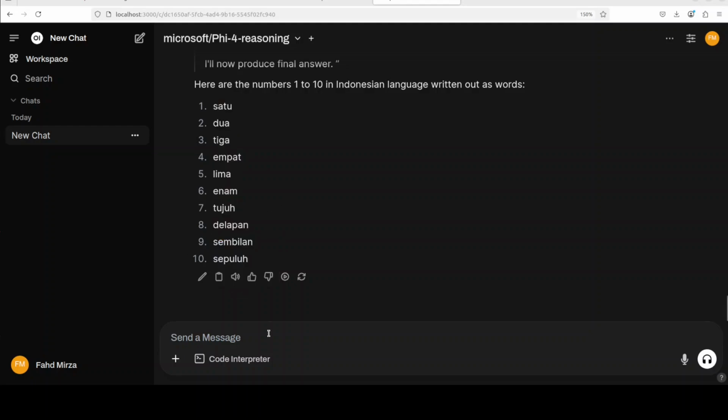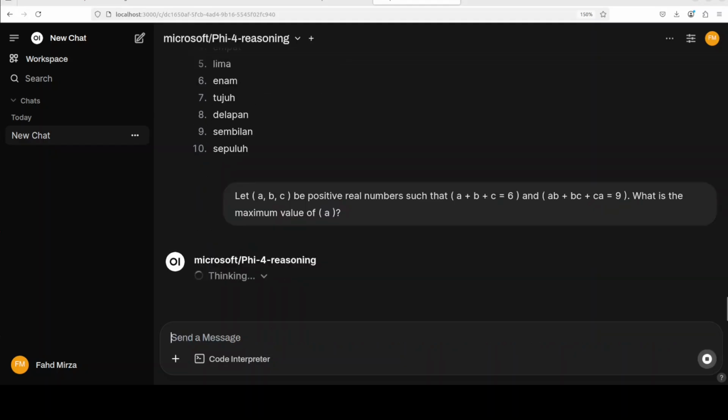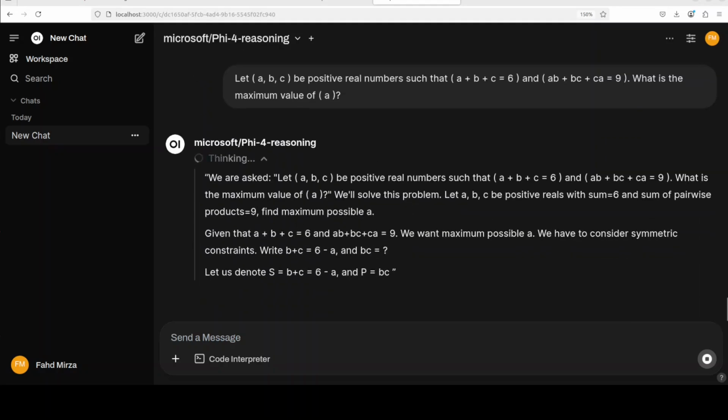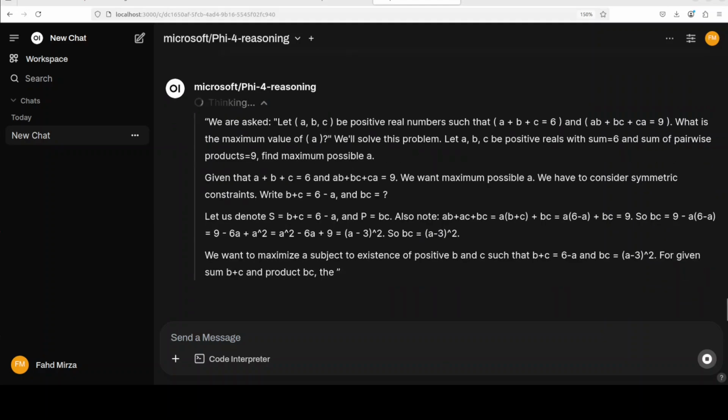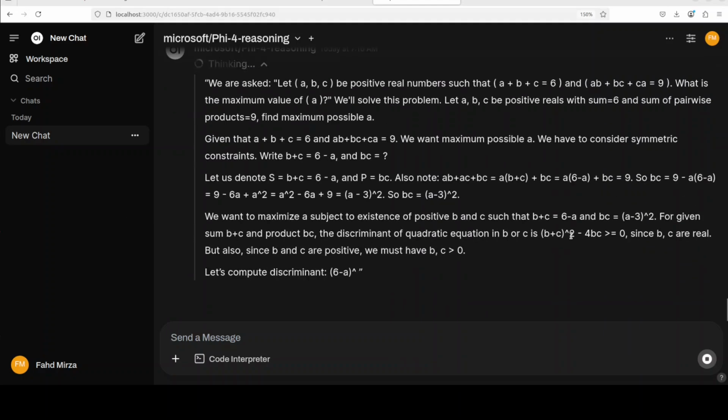Now these reasoning models, they excel in coding and math. So let's try out one coding question. So this question, where I'm asking it about the positive real numbers, is not only testing its math capabilities, but also it is challenging it around inequalities, symmetry, non-trivial algebraic manipulation. So you see,